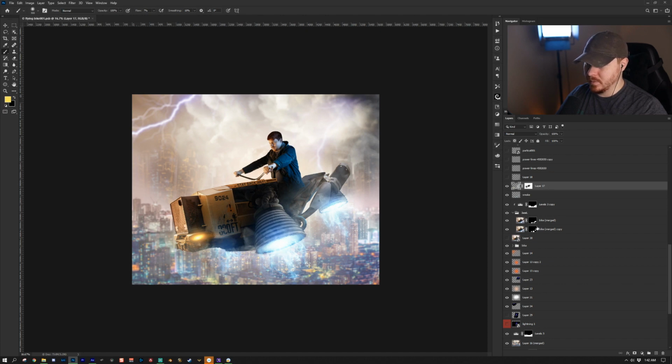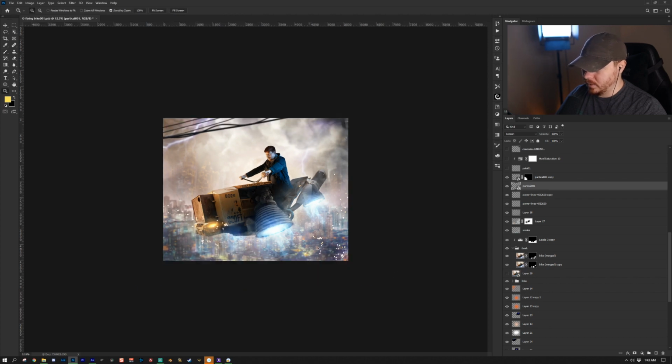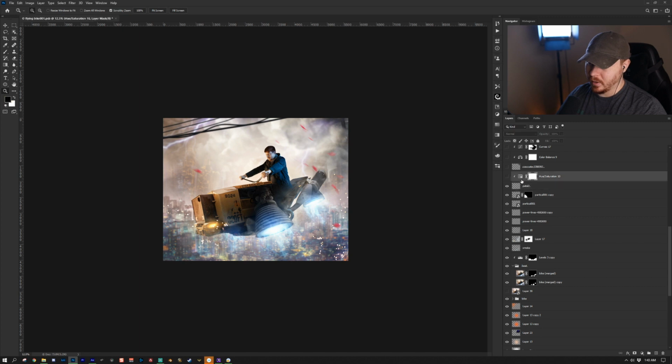I continued to build smoke. I made a darker smoke in the edges. I added these power lines. They're just 3 lines. I added more power lines. Added these particles, and I continued to add these particles as well. Put this debris there,